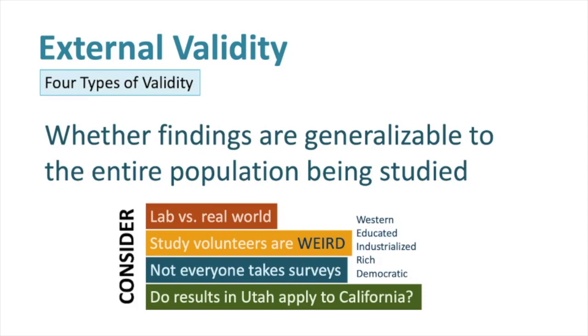And then the last thing to consider here is, do results in Utah apply to California? I would say this is very dependent on what you're looking at, but it's really important to consider that if you're doing a study here in Logan, Utah, it's unlikely to represent the entirety of the United States. It may not even represent neighboring states. These are things that are often limiting factors in external validity when we're confined to a certain amount of funds,